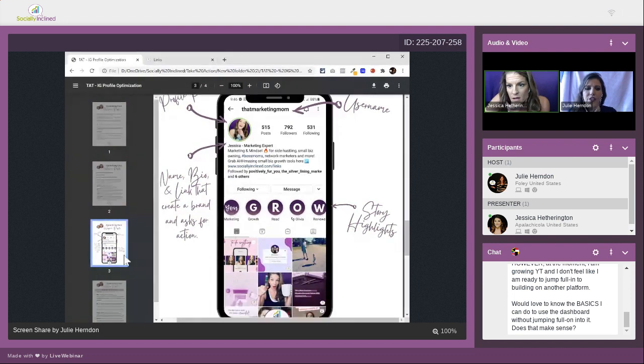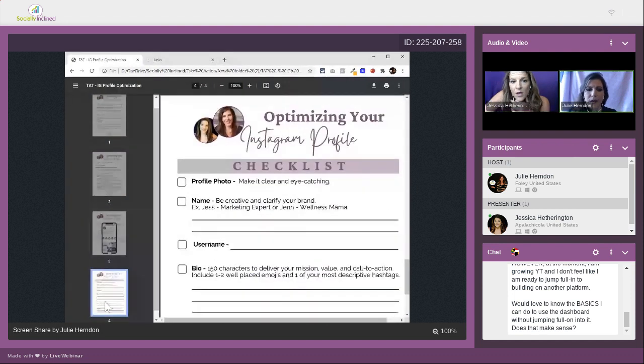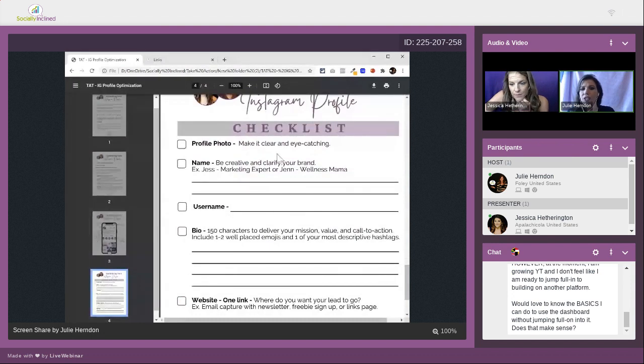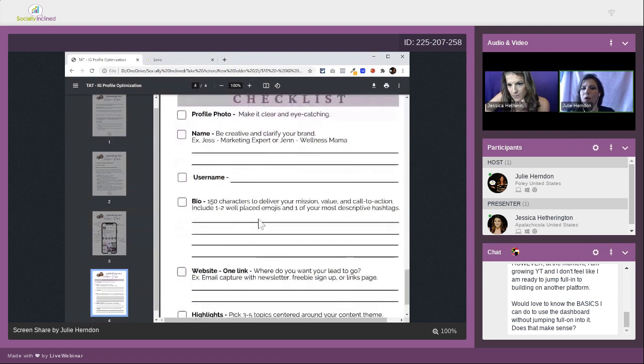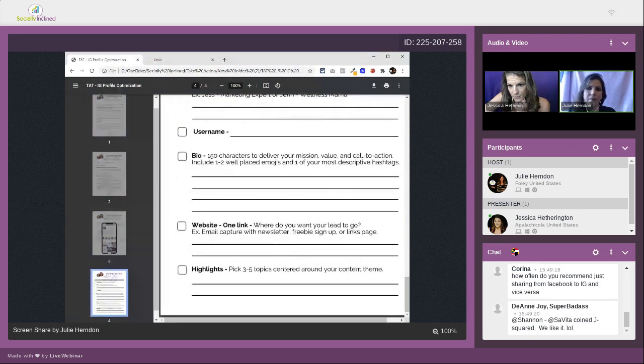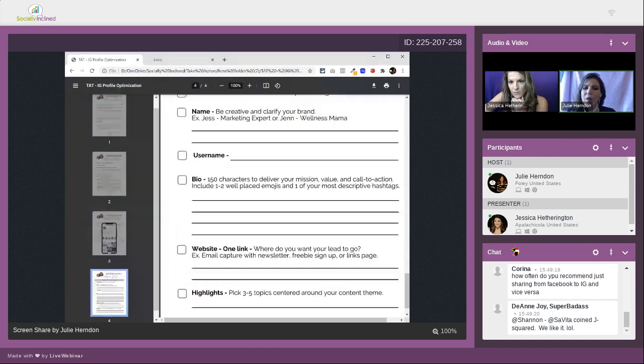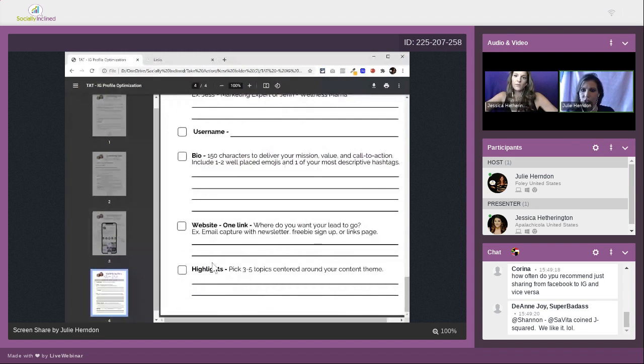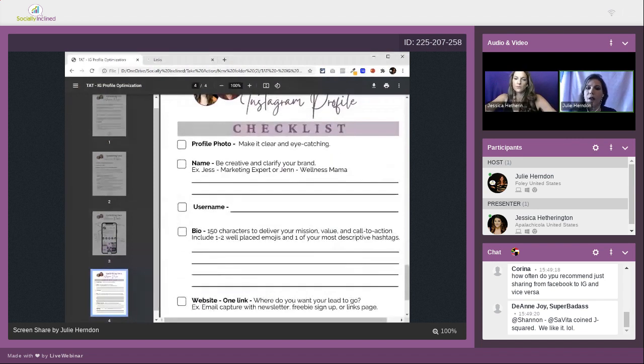There's one other page to this, and it's just a way to help you take action. It's a little checklist, and it's basically exactly what we just talked about. If you're a printer, we have people that love printed things. That's where we started from, a printable planner for marketing. It'll help you organize your mind and write this out. Obviously, you can use OneNote, Evernote, an email, notes, Word. It doesn't matter, just organize your thoughts. There's a little bit more room in the highlights section, so it will help you come up with content around those.